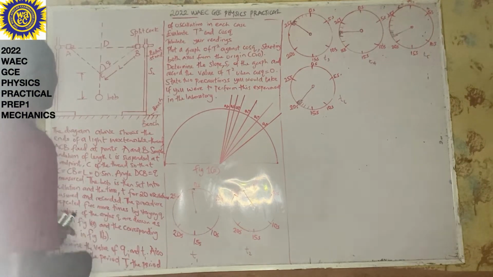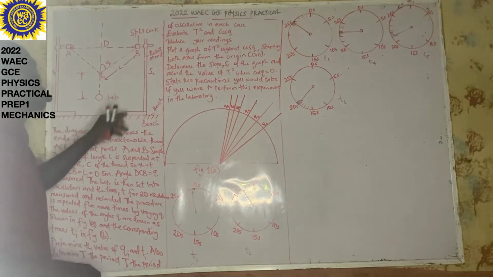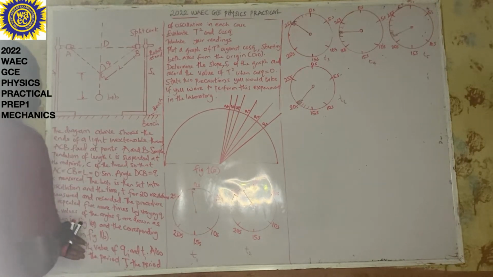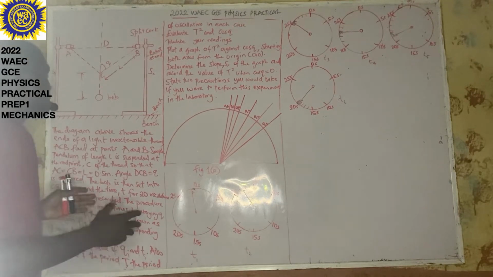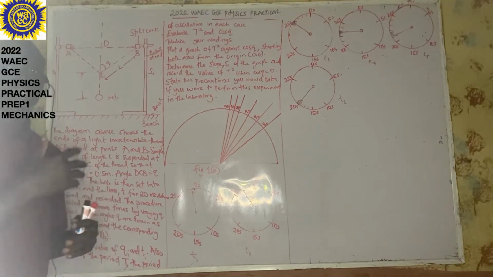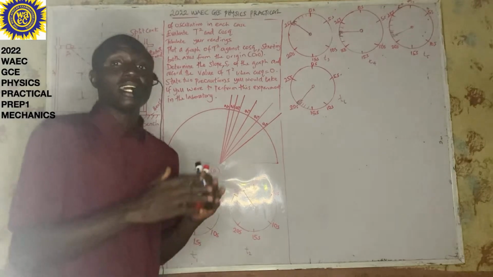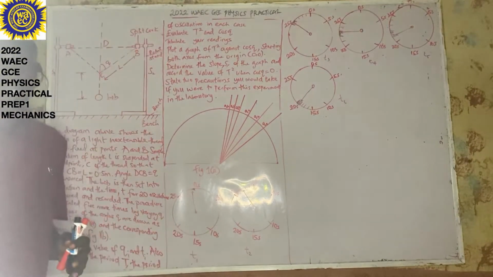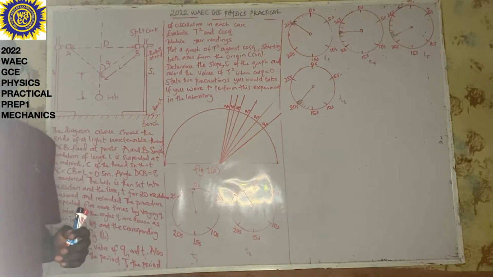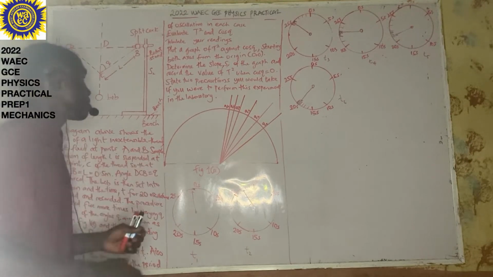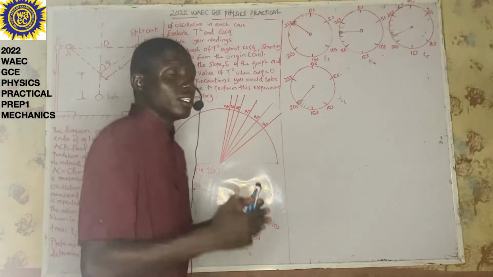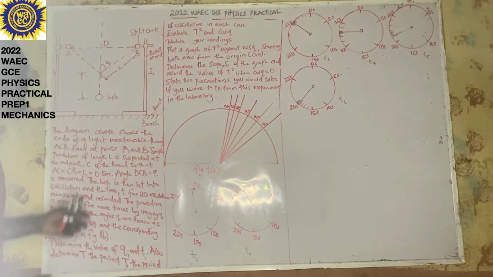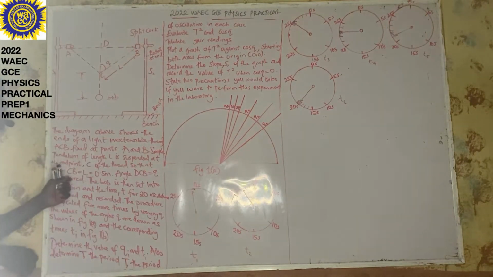Now here we are given two retort stands, and to these two retort stands we attach a thread, and this is the setup for that diagram. This is an alternative to practical. It has been practicalized, and we are given the information obtained from the practical, and we have to make use of this information to answer the questions thereof. Now, the diagram above shows the end of a light